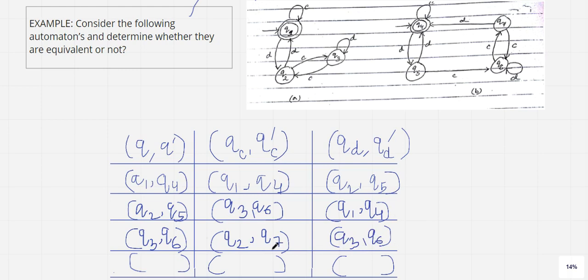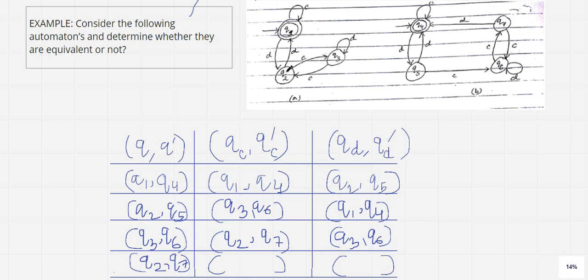Now finally, what we got as a new state is Q2, Q7. Till now we haven't got any final, non-final or non-final, final pair, so we are continuing with this. I have brought this Q2, Q7 over here. Now we have to look for C input and D input. If we don't get a new state and we are done with this, then we can say that these two machines are equivalent to each other. Okay, let me check now.